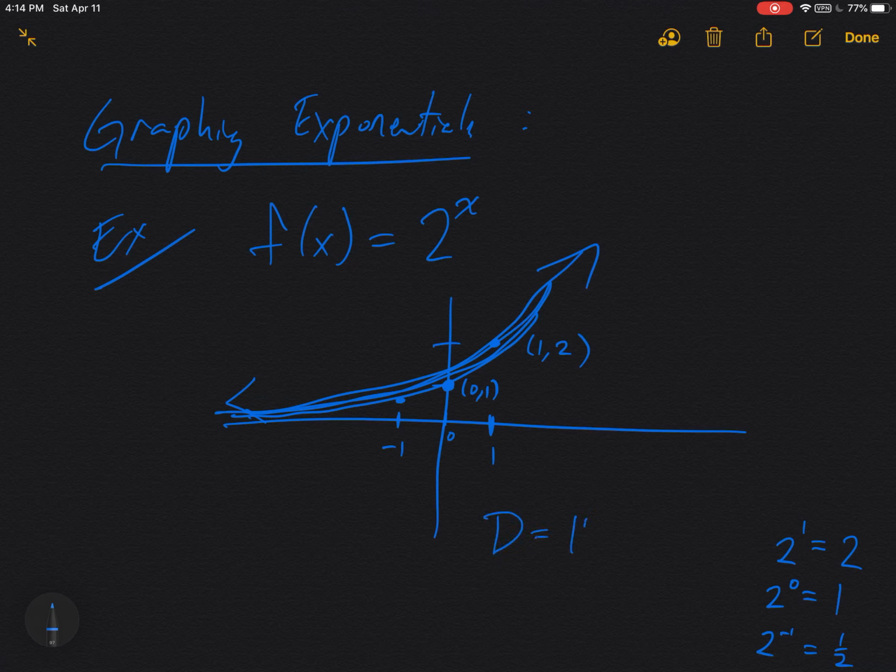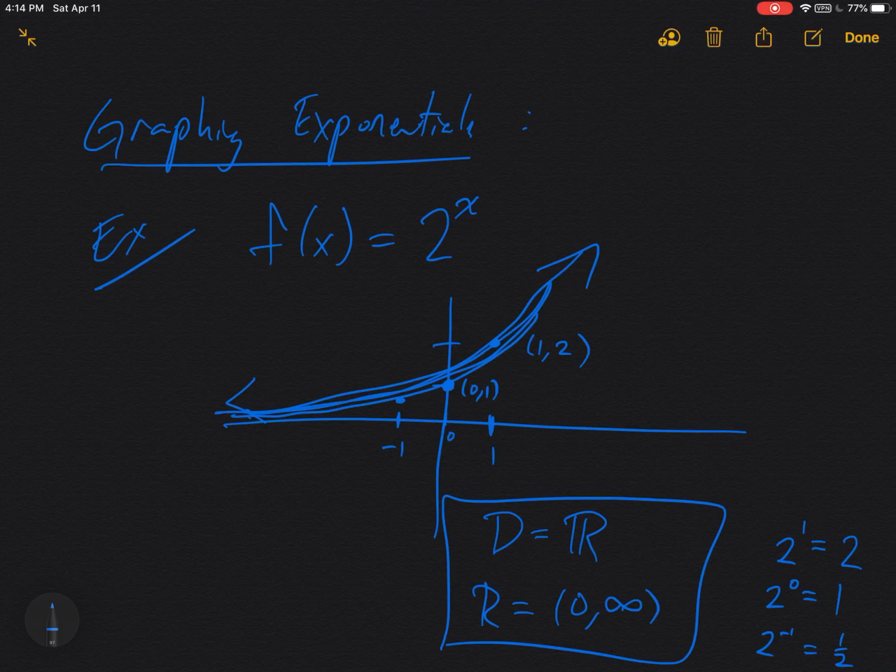Now notice that you can plug in any x value that you'd like. So the domain of this function would be all real numbers. However, the range, if you squash this onto the y-axis, you'll see that the range is only going to give you positive outputs. So the range for these exponentials would be 0 to infinity. And then in our next